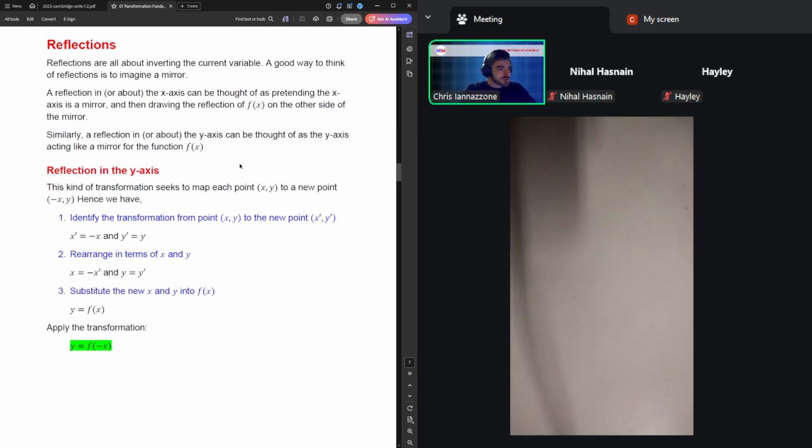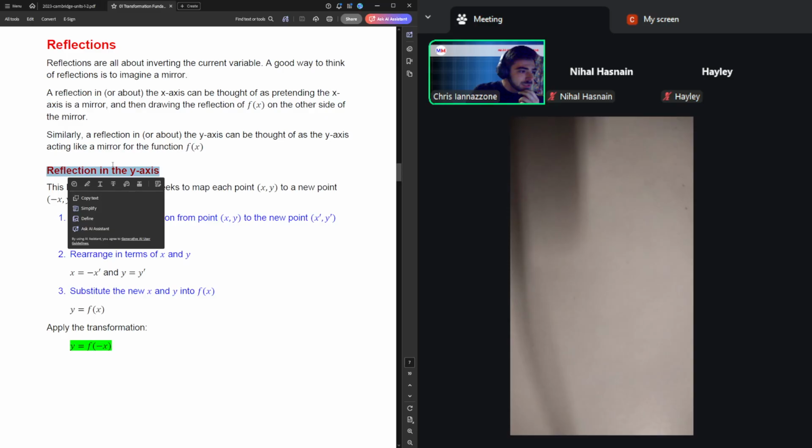Okay, the next type of transformation is the reflection. This is all about essentially mirroring the coordinate in either direction, either a horizontal reflection or a vertical reflection. Reflection in the y-axis is going to be your horizontal reflection. The reason why is because of the wording: whatever axis is mentioned, you can think of as